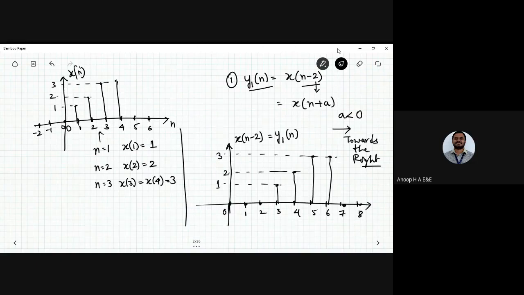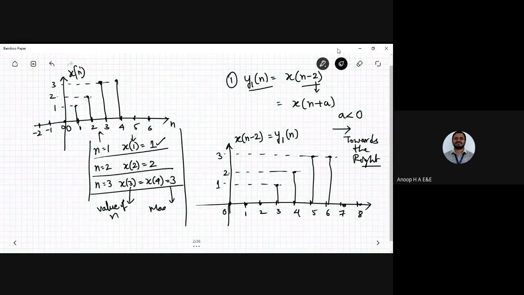It is written as the signal where n is equal to 0, n is equal to 1, n is equal to 2, n is equal to 3, 4, 5, 6. And the values: at n is equal to 1, you have 1, n is equal to 2, you have 3, n is equal to 3, you have 3, n is equal to 4 also, you are going to have the signal as 3. Okay. So now I have listed down the values here. x of n, this is the magnitude and this is the value of n. So this one is said to be the magnitude or the amplitude. Hope it is clear to you.